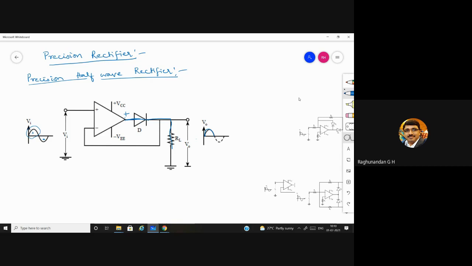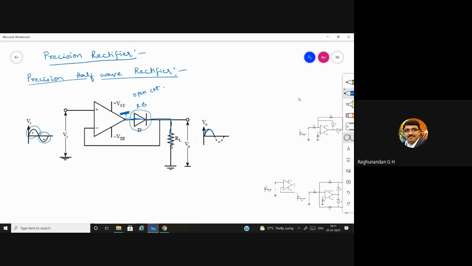During the negative half cycle, since you are giving it to the non-inverting terminal, the output will also be negative. When the output is negative, the negative terminal is given to the diode, and automatically this diode becomes reverse biased. When it is reverse biased, we know that it acts like an open circuit. No signal will flow through the diode, since it is going to offer the highest resistance.